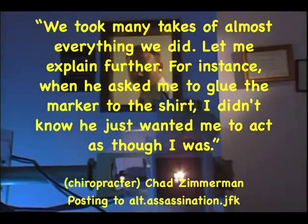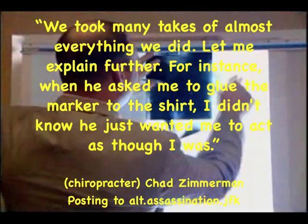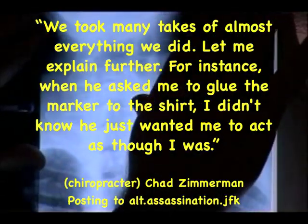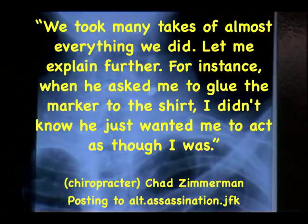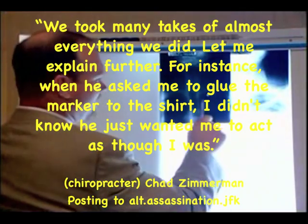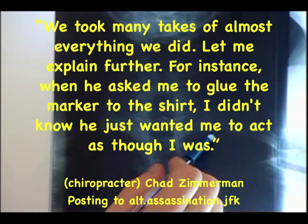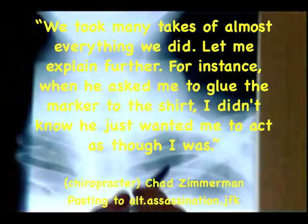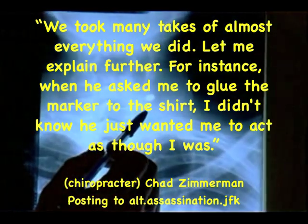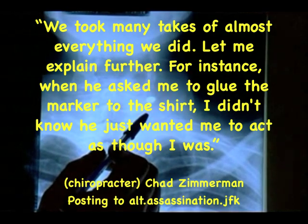The results in this case show a significant but yet somewhat expected change in the position of that metal fragment. Wearing the same shirt with the metal fragment in the same place, we see a difference in the height of the metallic fragment from the thoracic area into the very lower cervical or neck portion of the spine. This is the same point that the House Select Committee on Assassinations